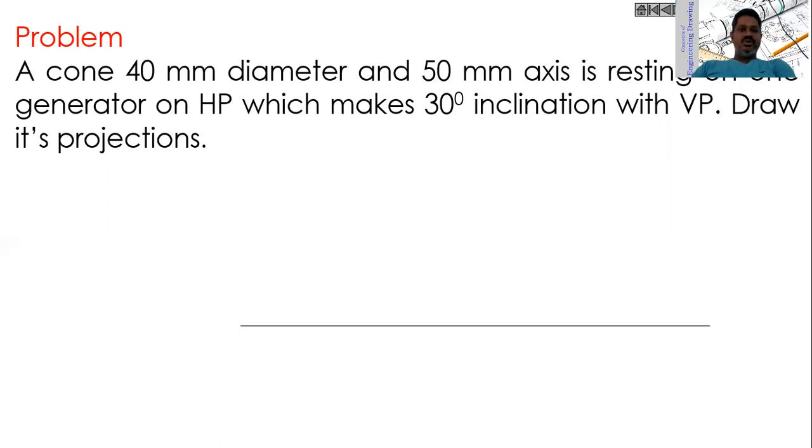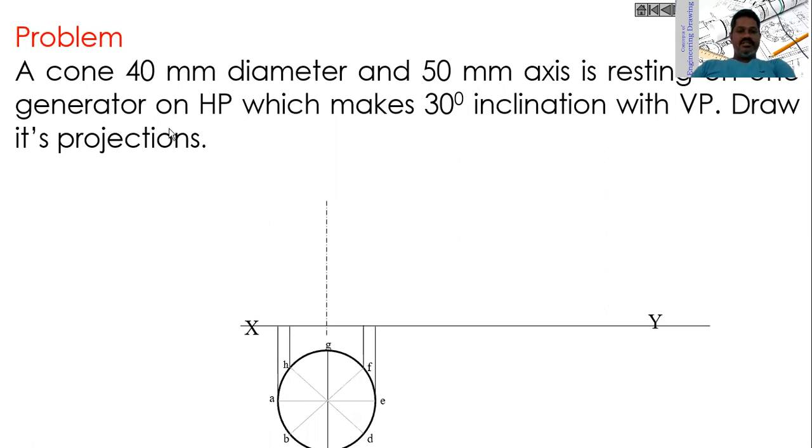When we see the cone from the top, it is a circle, so we have to draw the circle with the given diameter, that is 40 mm. Then divide this top view into a convenient equal number of divisions. In this case, I am dividing into 8 equal divisions. Then I am naming all those divisions from A to H: A, B, C, D, E, F, G, H. After naming the divisions, project all those points to the XY line to draw the front view.